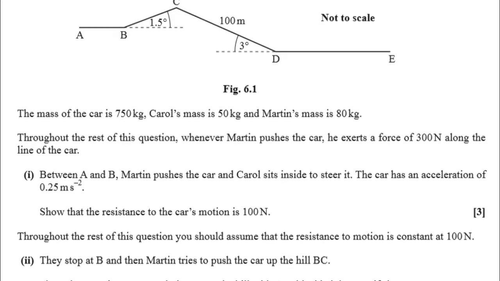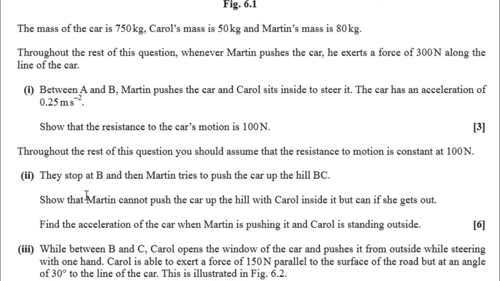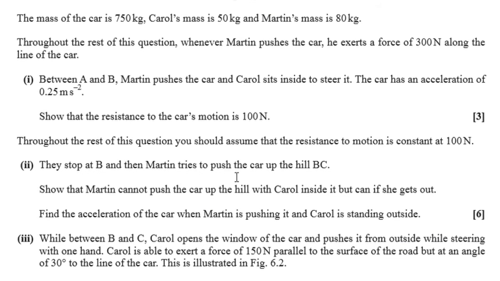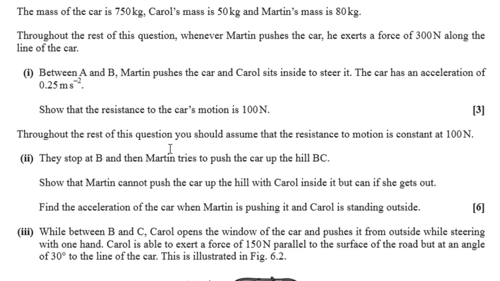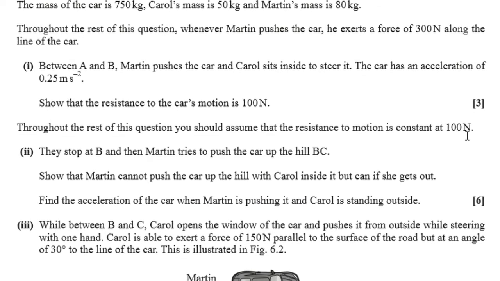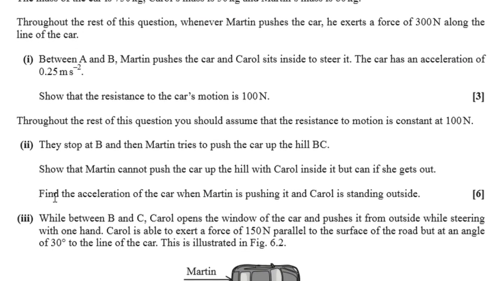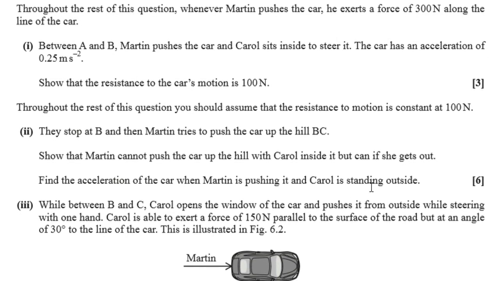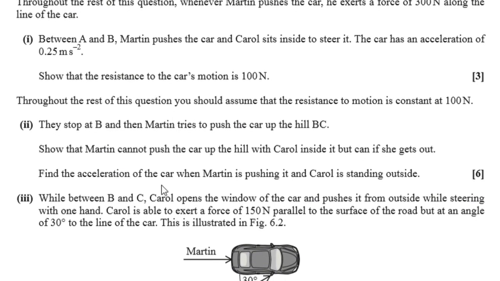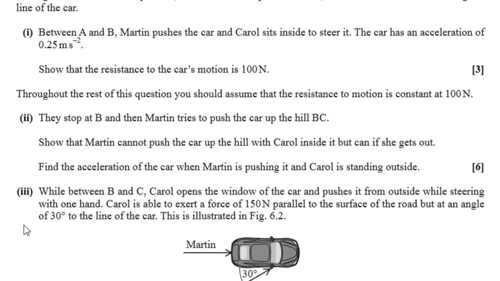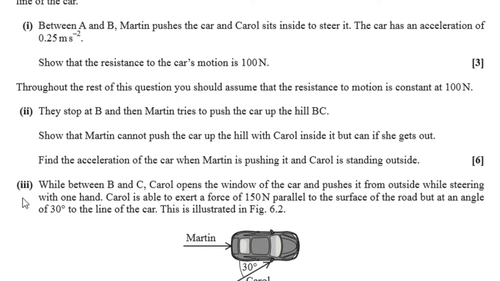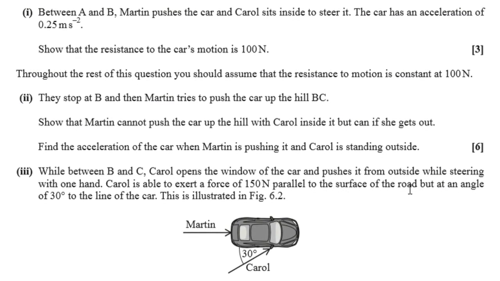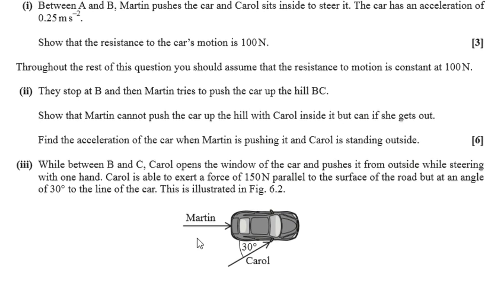For part 2, they stop at B, and Martin tries to push the car up the hill, and the resistance is 100 constant. Find the acceleration of the car when Carol is no longer in the car. And part 3, between B and C, Carol opens the window of the car and pushes it from outside as shown below,